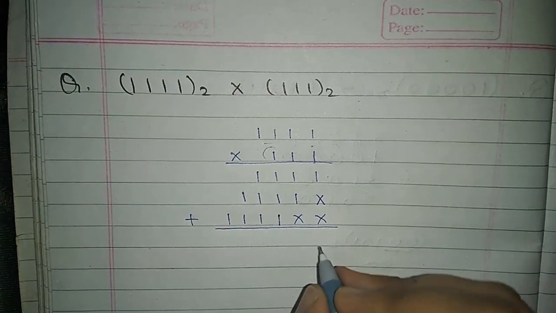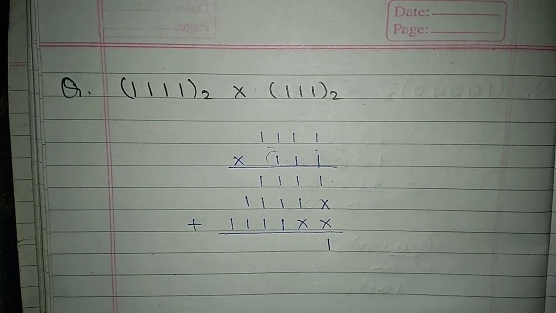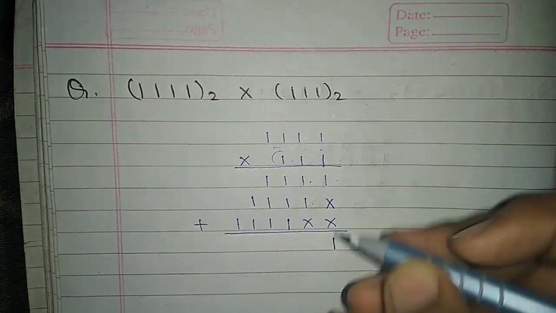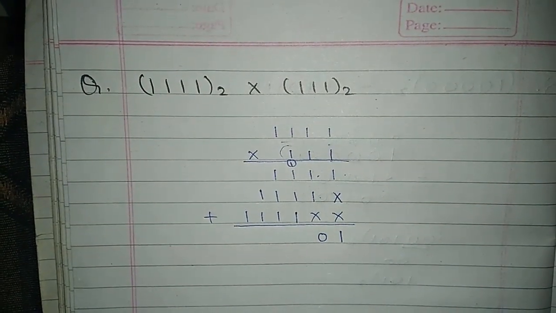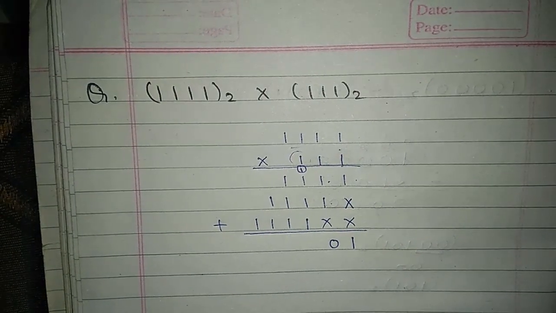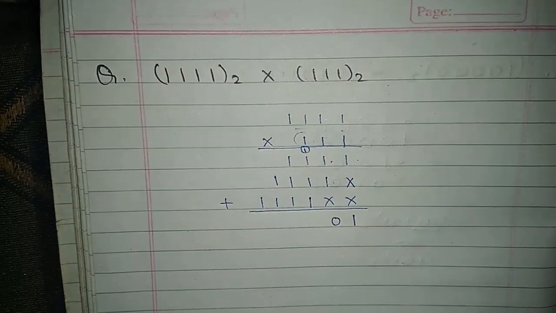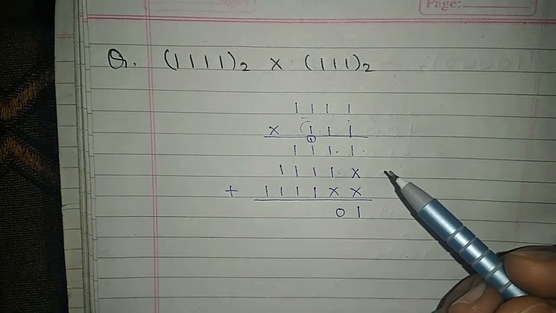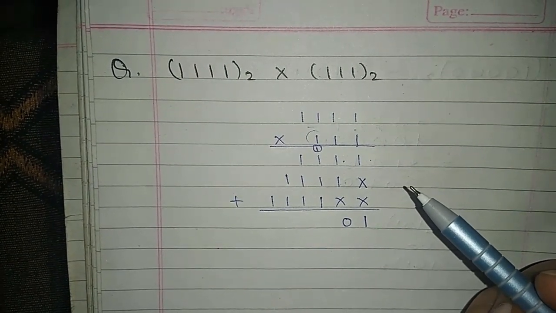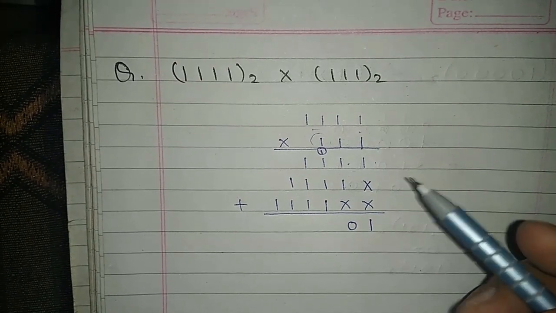So first we have to add this 1 with these crosses, so it will be 1 only. Then we have 1 plus 1, it will be 0 and a carry of 1 will be generated. Well, the problem starts from here, because now we have to add 4 times 1. Fine. So for doing so, we have to make a pair of 2 and then we have to solve that pair with the other number.